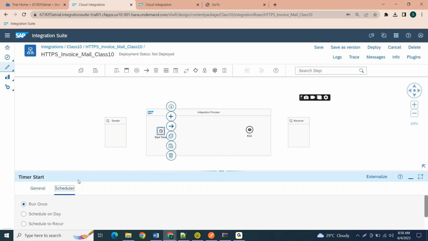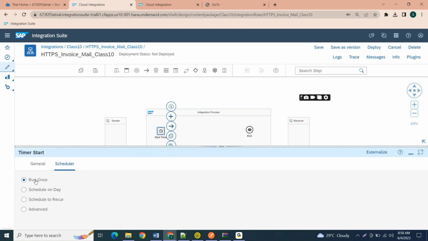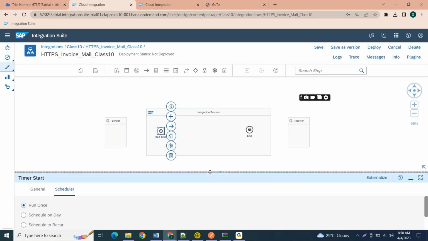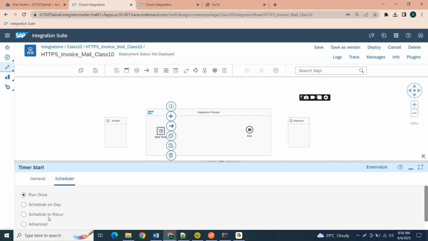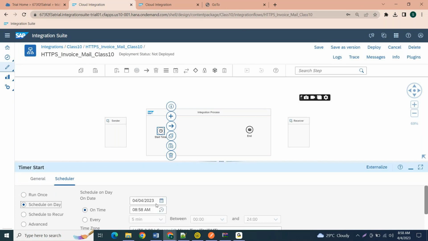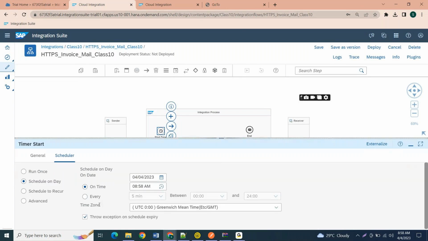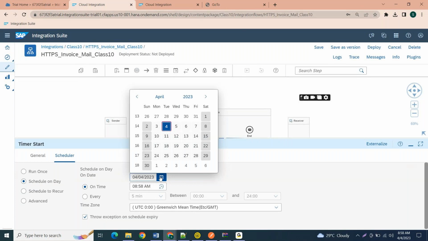This scheduler has four different options. It was recently updated. Run once means that once I deploy this integration flow, it will run at once. The second one is schedule on day. If I want to run on a specific day of the month, like if I want to run every